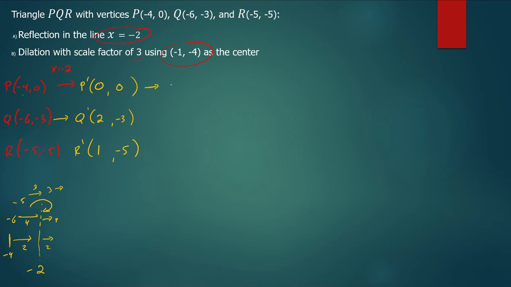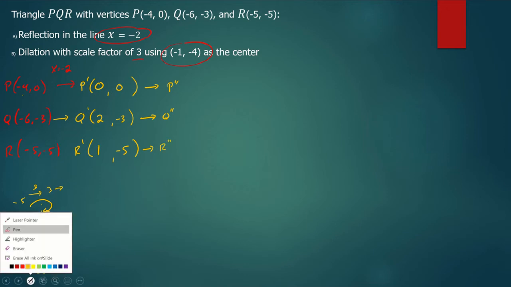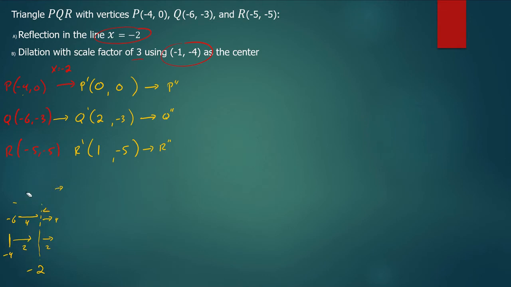So now I'm here. So now to get to the final point, we have to do a couple of things, right? We can't just jump straight there, because we're using the center of dilation as -1, -4. Okay, first of all, my scale factor here is 3, which tells me it's going to be the same for both x and y, right? I'm multiplying both x and y by the same number. The hard part here is going from